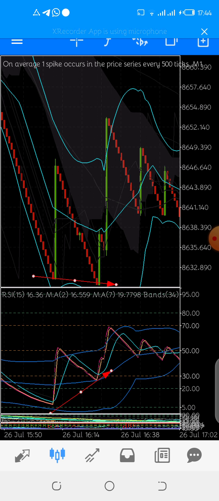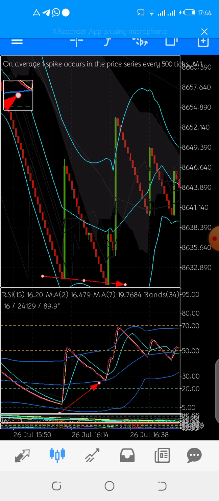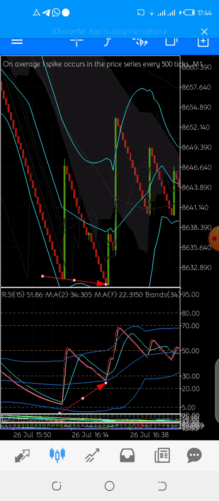Like if it uses the top of the Bollinger Band as resistance, I will sell. If it touches the middle of the Bollinger Band, as long as this point is coinciding with this point being at the lower part of the Bollinger Band and here the middle Bollinger Band, and still at the same time there's a divergence, I would still have placed. So with this kind of setup, you can always get